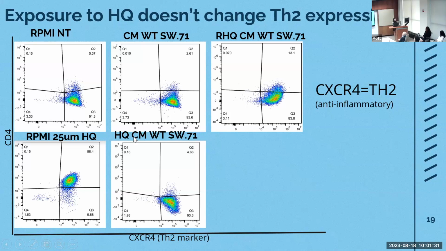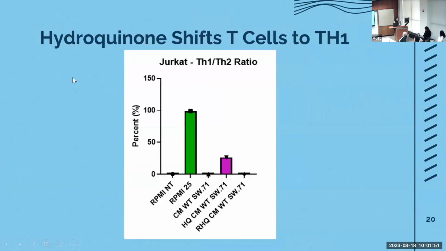When we add hydroquinone into the conditioned media for wild-type SWAN71, we see a slight shift towards CXCR4, but there is little change. When we remove the hydroquinone, we see a slight shift towards double positive for CD4 and CXCR4. So we see that hydroquinone shifts T cells to Th1. If we look at RPMI 25, we see a large shift towards Th1